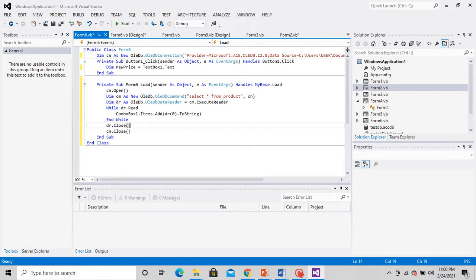Okay. So what is there in new price now? Whatever the user has entered into the text box, right?